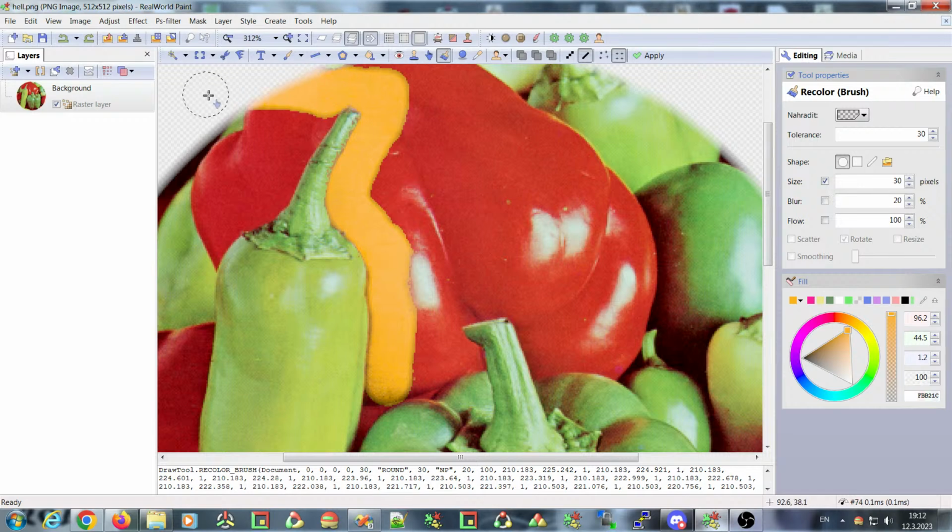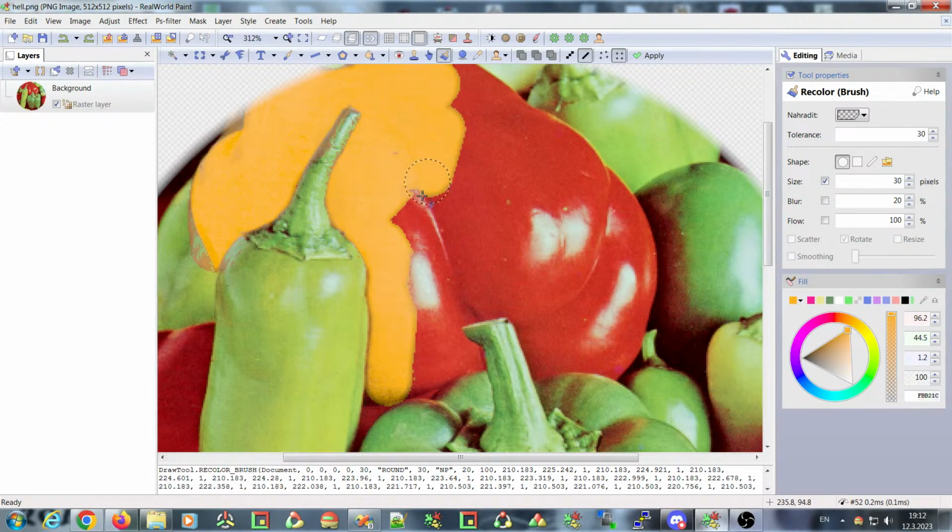You can see that I can draw here and nothing changes, but here by the edge it requires you to be exact, and this will be a problem, as you can see. So I want to work on this more and fine-tune this matching, and it will not be easy, because